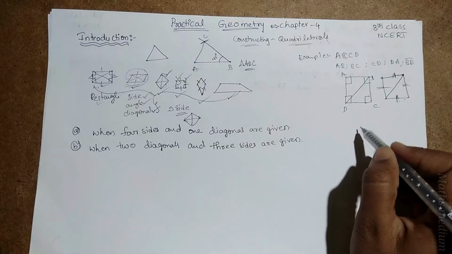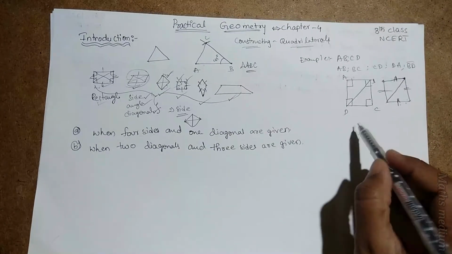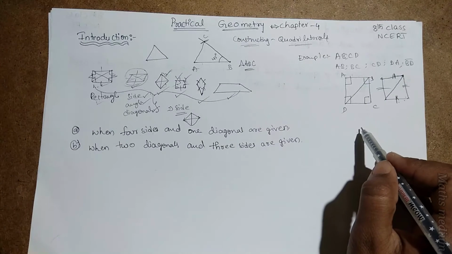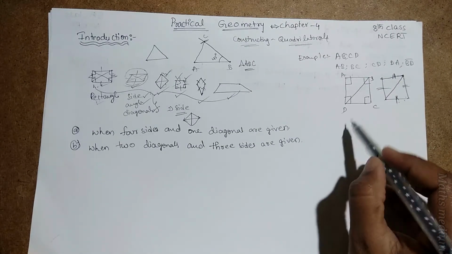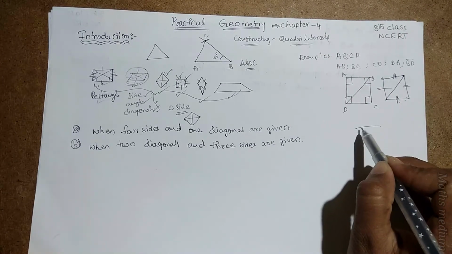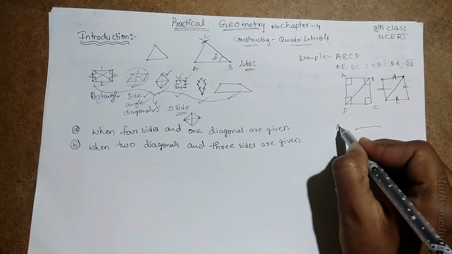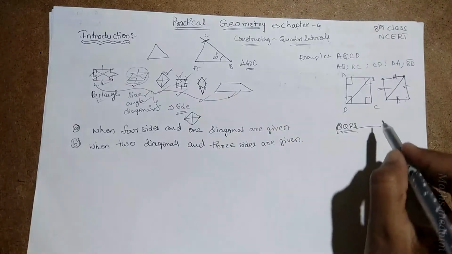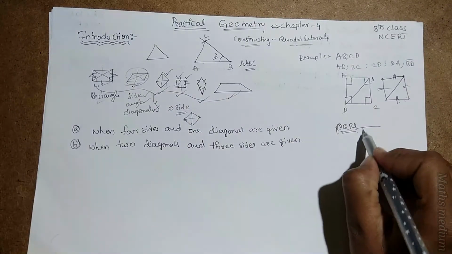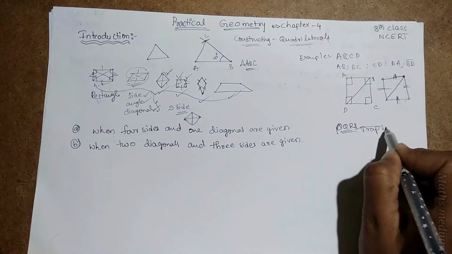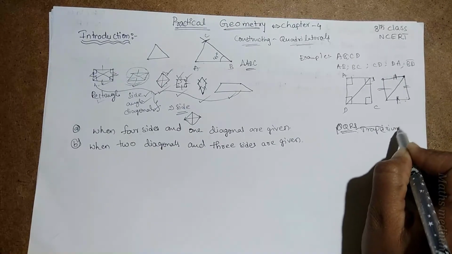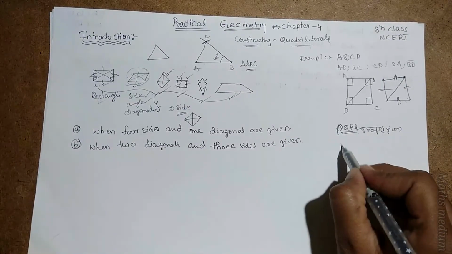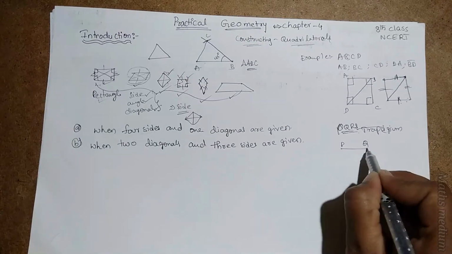If you want to construct a parallelogram, for example, or a trapezium also, let it be PQRS. So 2 diagonals, that is nothing but a trapezium. I am taking a trapezium as an example. So PQ is one side and